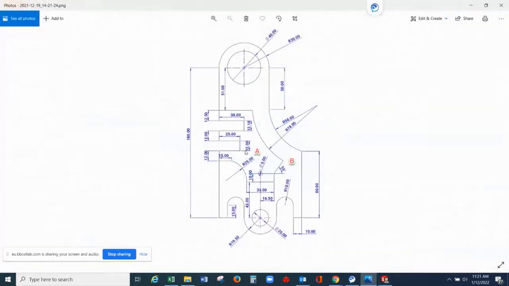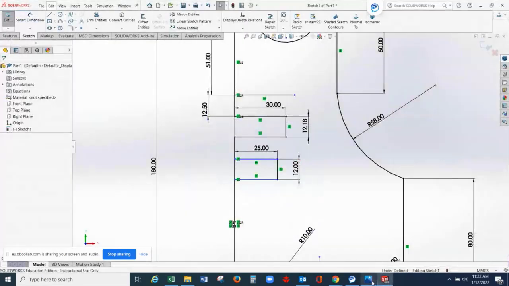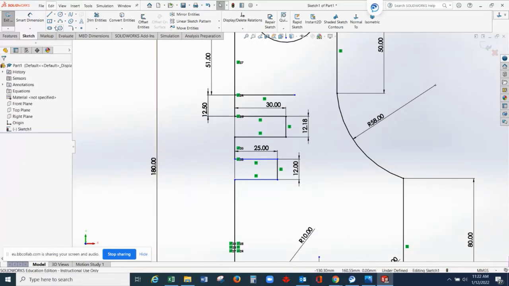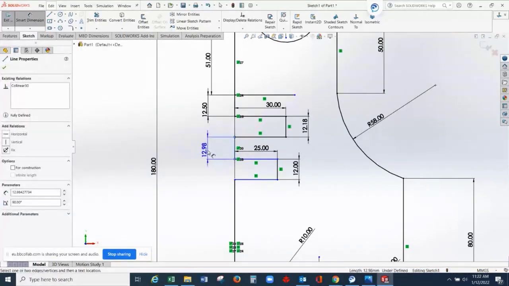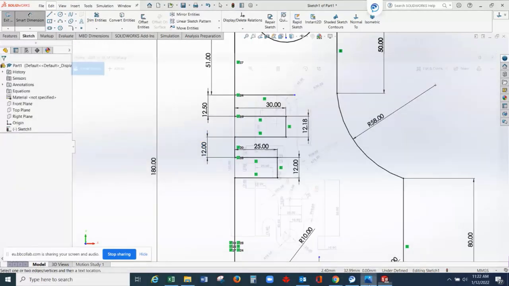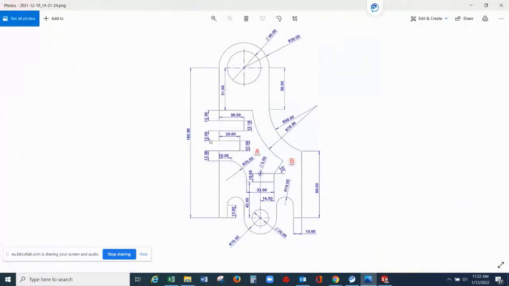It's 12, 12, 12, open here, okay. So trim, we'll cut here, and there is a distance of 12 millimeters here. So this is given, this is done, so 12, 25, 12. So another line here, okay, another line, which is 15 millimeters length and 12 millimeters distance from the last point.